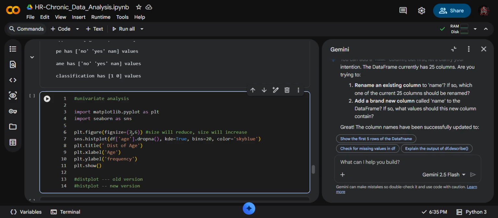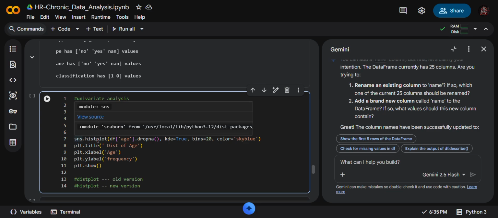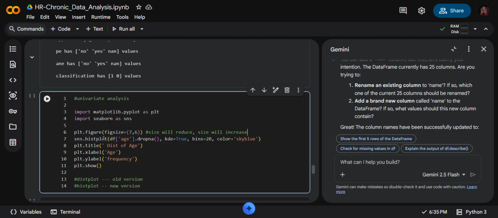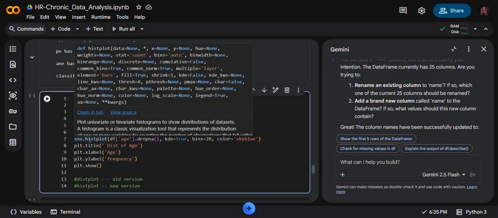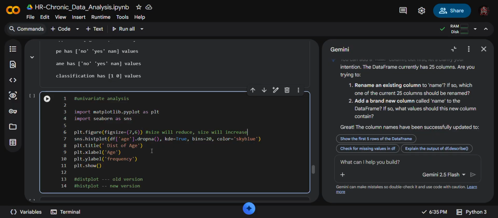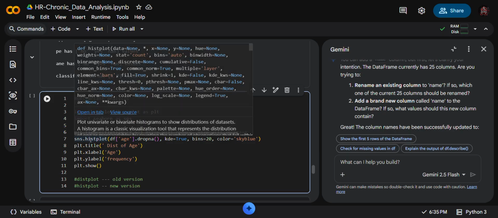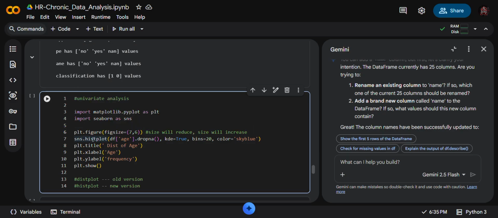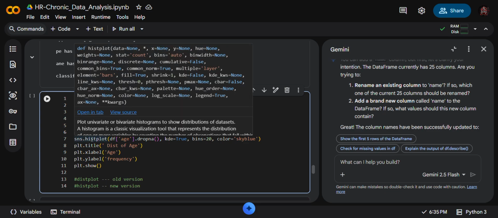Okay, I simply use 706 for lantern width as soon as dot hist plot. Hist plot means plotting a graph. HIST is a command we used in the past, like dist. That was the old command. Now we are using HIST, and this is a new command, upgraded software for new commands.